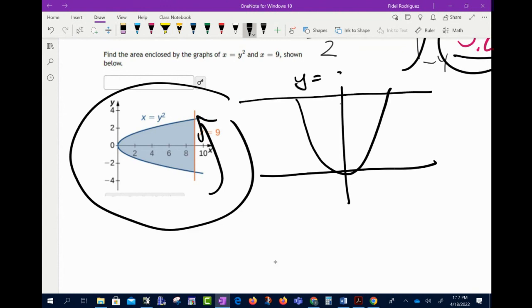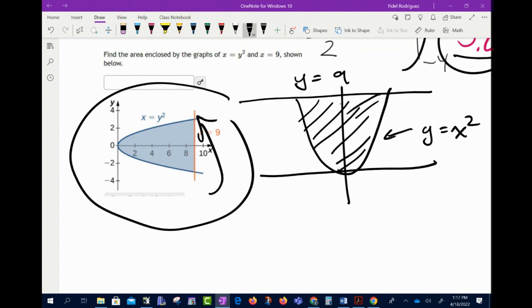Okay, if we rotated it, wouldn't this be y equals 9? And wouldn't this be y equals x squared? And all I'm doing, y'all, is like if I could go to the board or the TV, right? And I could put my hand on the picture and then just rotate it 90 degrees to my left or counterclockwise. Wouldn't that basically be what we have, right? And what I'm trying to do is find the area between the two curves, right? Okay, so